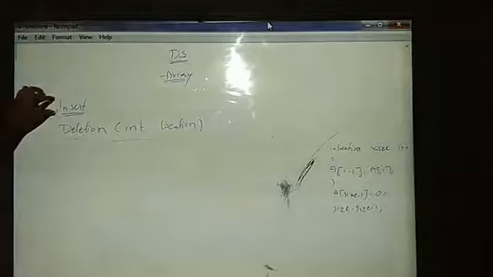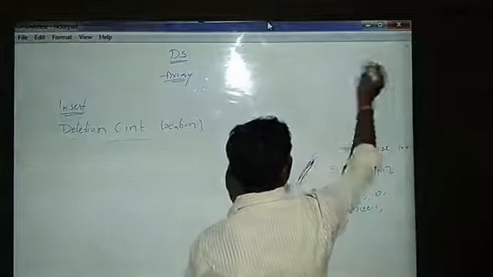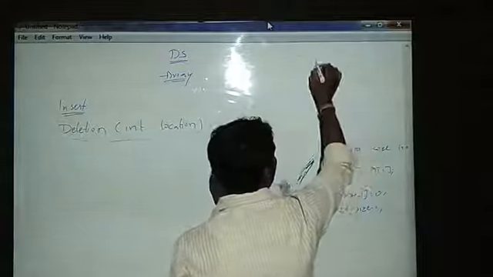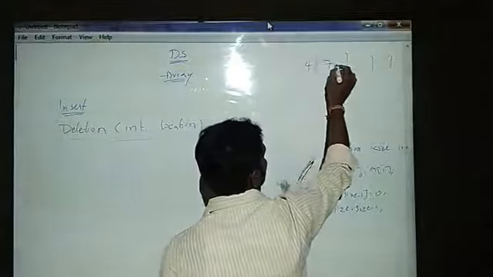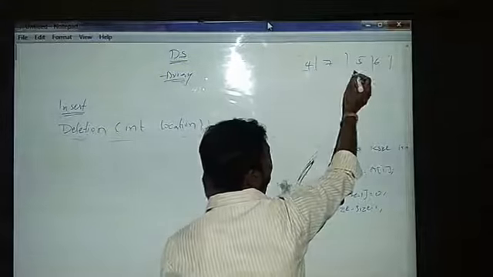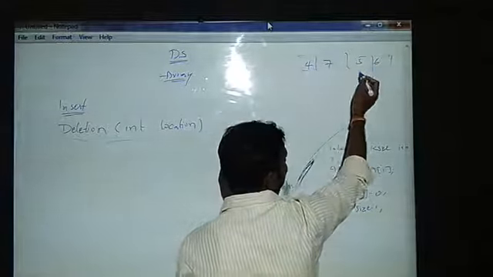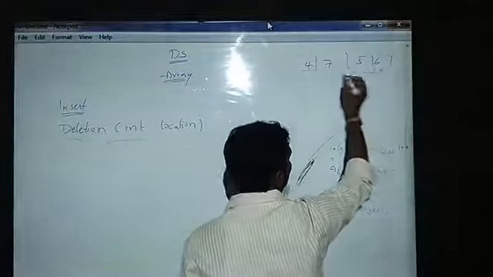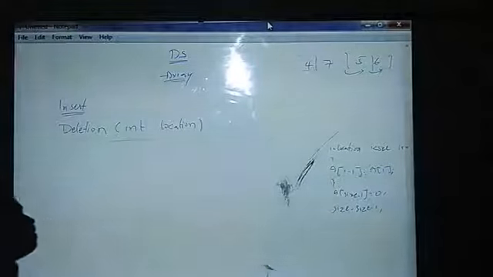Do remember that when you specify the location at which you want to insert the element, you need a lot of movements of the data elements in the array. In our previous lecture we inserted elements like 4, 7, 5, 6. In order to insert this 5, we moved the 5 and 6 elements to the right of the array in order to insert the new element.